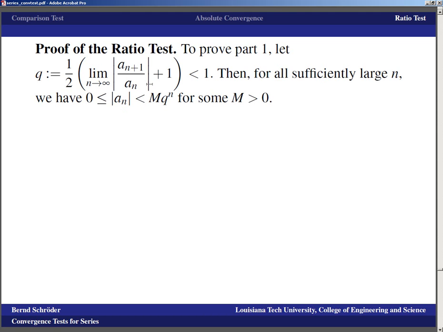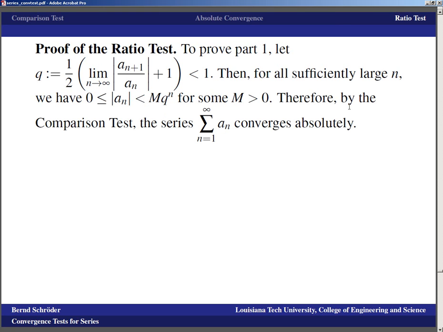And that's because a_(n+1) divided by a_n is smaller than q, and that means a_(n+1) is smaller than q times a_n, which means that it's smaller than q squared a_(n-1), and so on and so on. And so recursively you can ultimately derive an inequality like this one. And therefore, by the comparison test, the series converges absolutely,